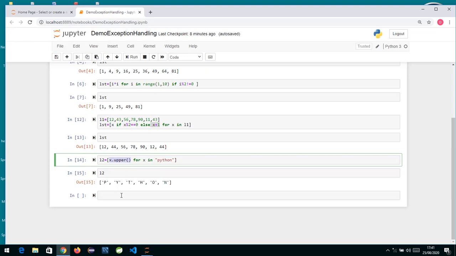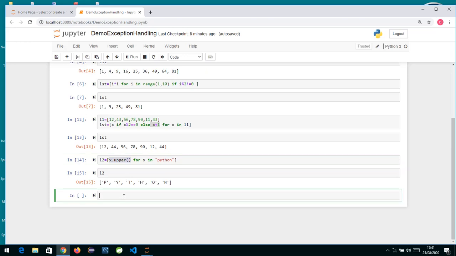Okay. So similarly we can also have dictionary comprehension. Okay, so what is dictionary comprehension?